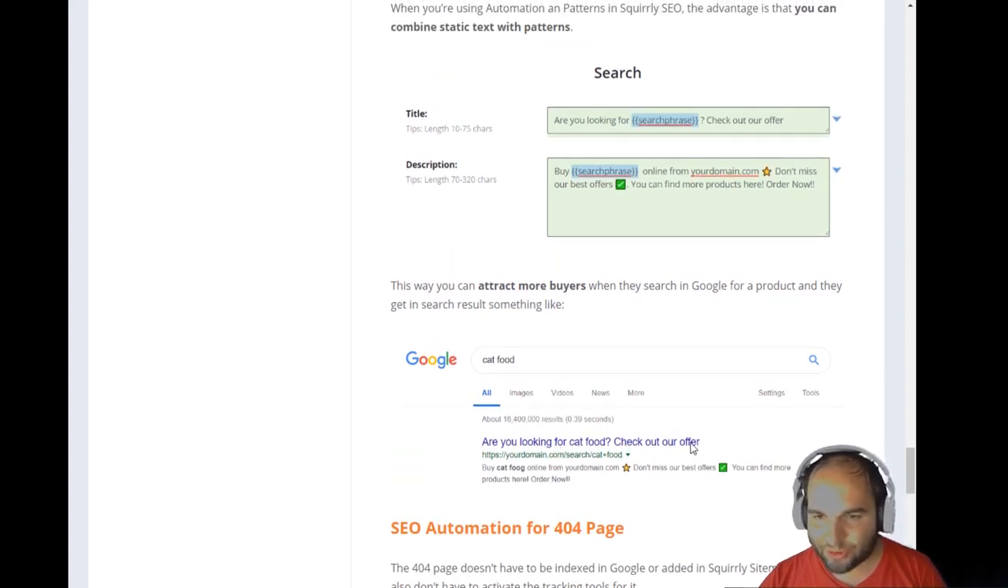So are you looking for search phrase? And then it says check out our offer by search phrase online from, and you'll place your domain, and then never miss the best offers. And this is like the best thing that you can do for search engine optimization. There's actually a huge online store in Eastern Europe that does exactly this thing. It's actually what inspired us to create this crazy thing in our SEO automation features, because that online store is